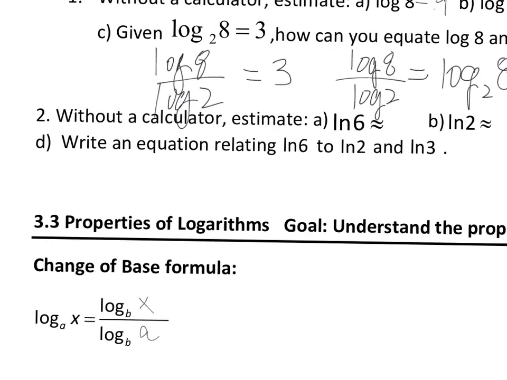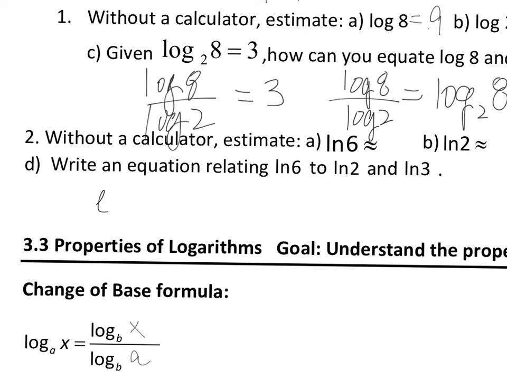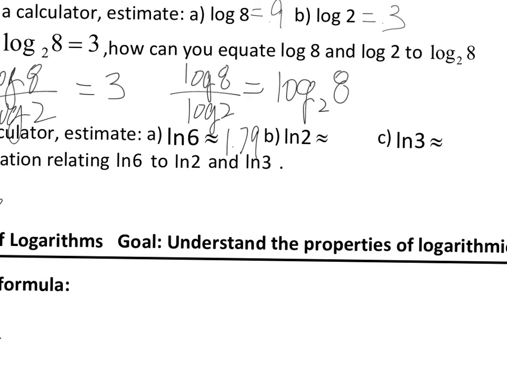Write an equation relating natural log 6, natural log 2, and natural log 3. Again, natural log 6 is saying e to what power gives us 6. So probably e to the second is like 7.8, somewhere in there. So 6 would be a little less, and what we find is it equals approximately 1.79. And again, you can look at that on a calculator. Natural log 2 is approximately 0.69. And then natural log 3 is approximately